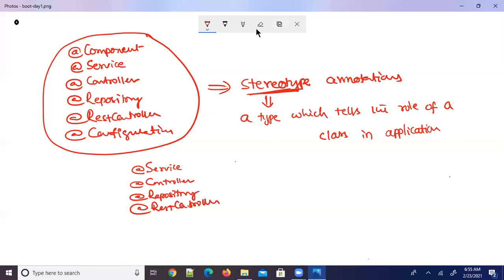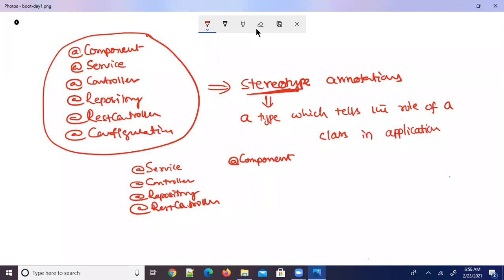Component is a general purpose annotation, and it indicates that this class is a Spring Bean component. This component is identified in auto scanning.